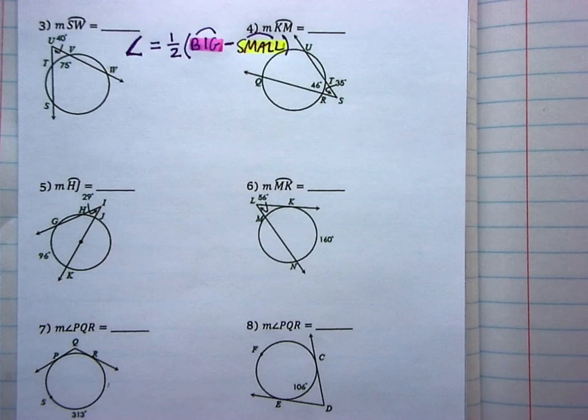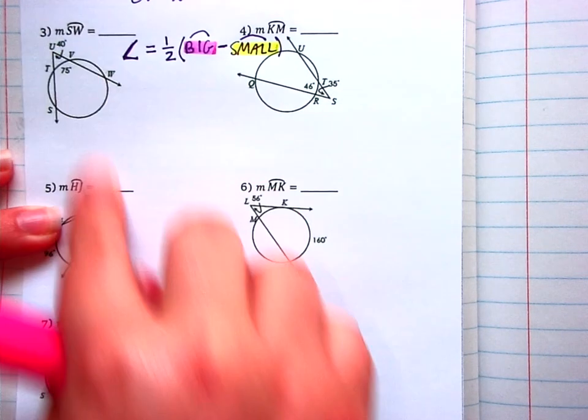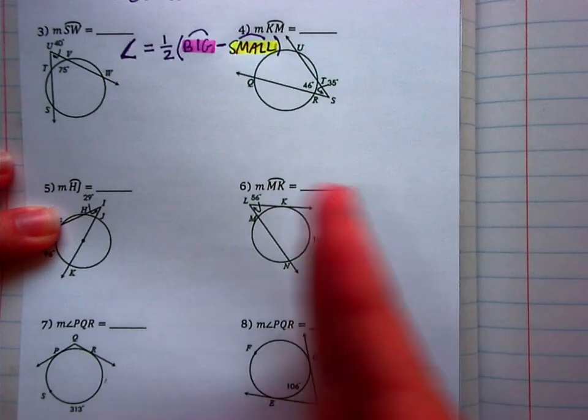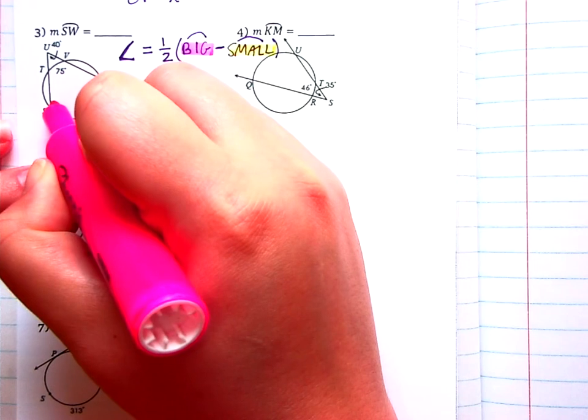So let's go ahead and highlight number 3 and number 4. Number 3 and 4 are similar to each other. I will do the odds, you will do the evens, and just like it's been this whole time, they're going to be similar to each other. So for 3,